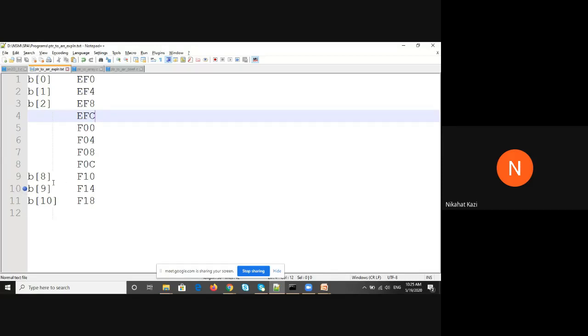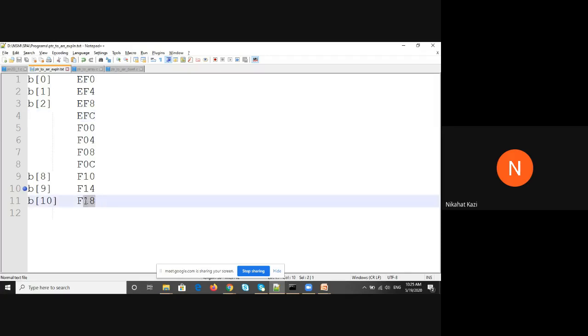Now if you notice, the last element that we have was at location B9, right? The array size is 10. Array contains 10 elements, so the last element is at B9. Now you know it is all contiguous. All the array elements are stored in contiguous locations. After that, there is no element as such, because the array is initialized only for that part, but memory is still there. So the next memory address that you will have will be F18.